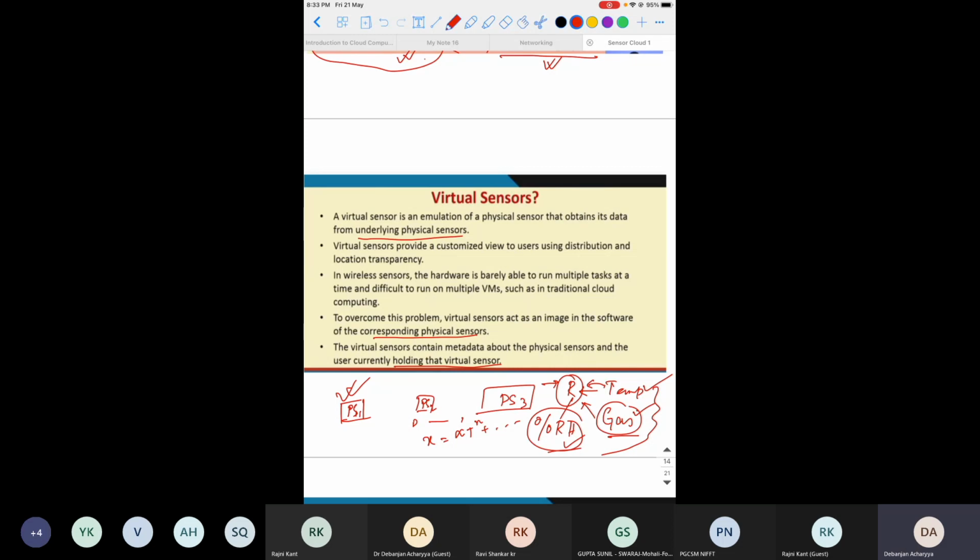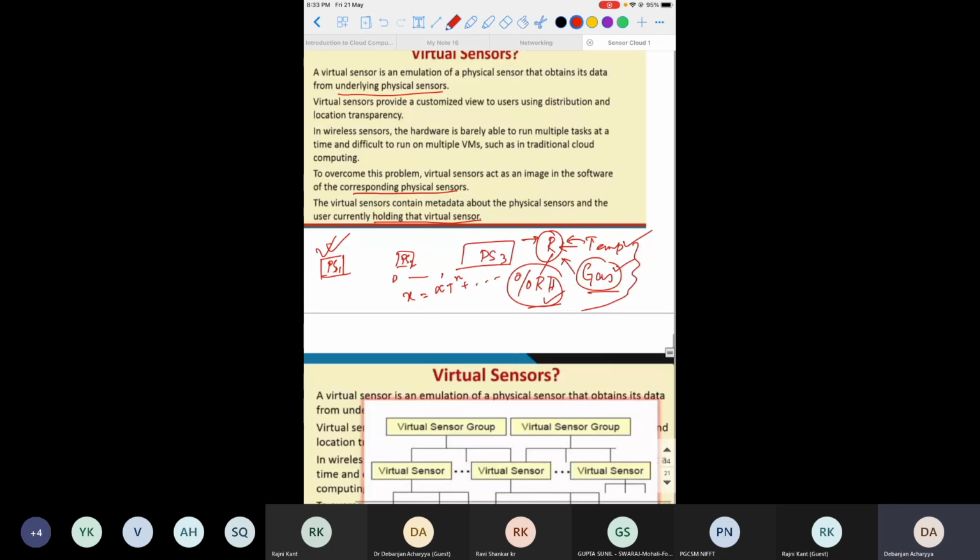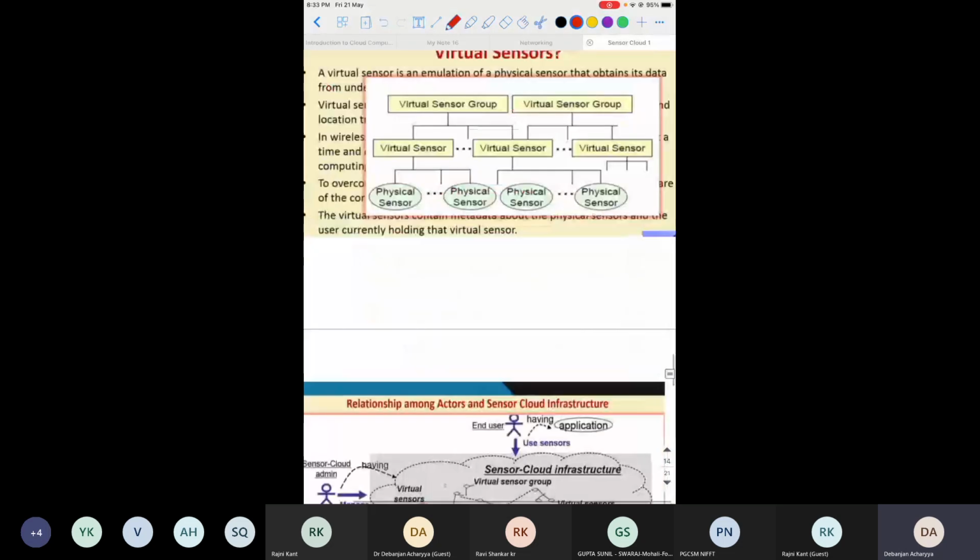Maybe there will be some error because it is not perfectly matched, but in future you can see that they can tell you data equal to the data obtained by using a physical sensor. Got my point? That is the beauty of the virtual sensor.